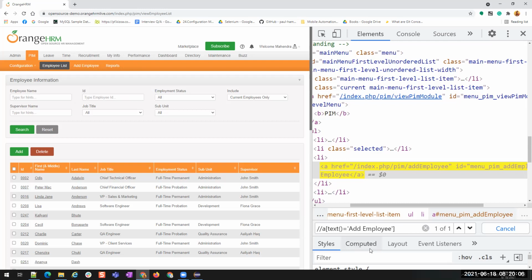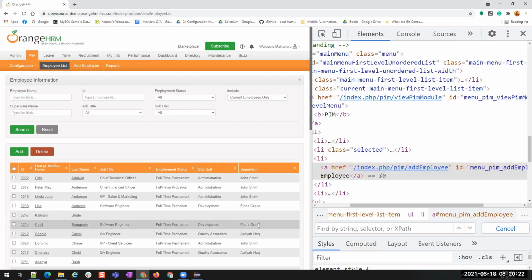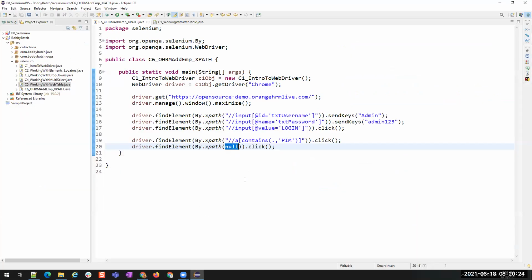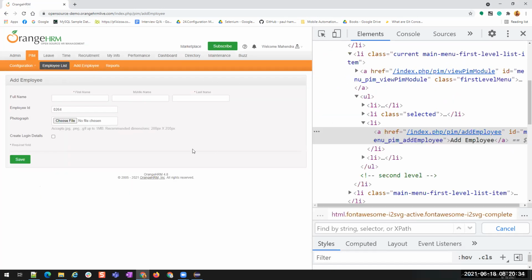So for that, I can use contains, and then instead of this equals to, I'll make it comma. And then make it add EMP, not the full one. You see, this is also the other way. Anyway, we can use it.